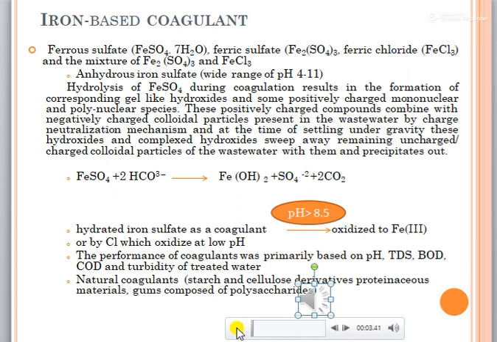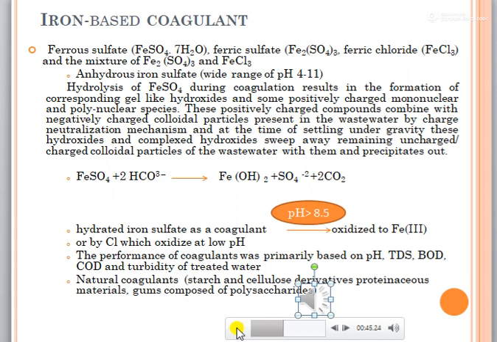Ferrous sulfate, ferric sulfate, ferric chloride and a mixture of ferrous sulfate and ferric chloride are the most commonly used iron-based coagulants. Anhydrous iron sulfate works over the wide range of pH 4 to 11, and it is converted into iron hydroxide after the addition of water. Hydrolysis of iron sulfate during coagulation results in the formation of the corresponding gel-like hydroxide and some positively charged mononuclear and polynuclear species. These positively charged compounds combine with negatively charged colloidal particles present in the wastewater by a charge neutralization mechanism,